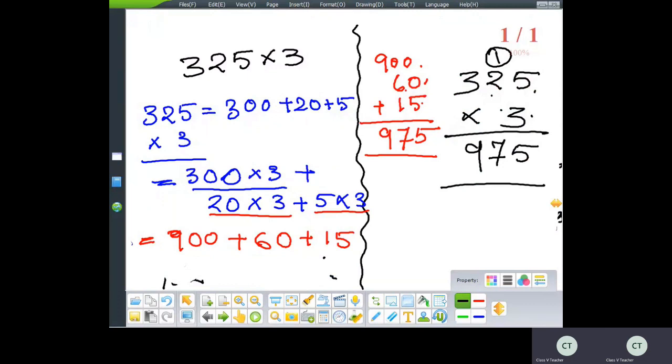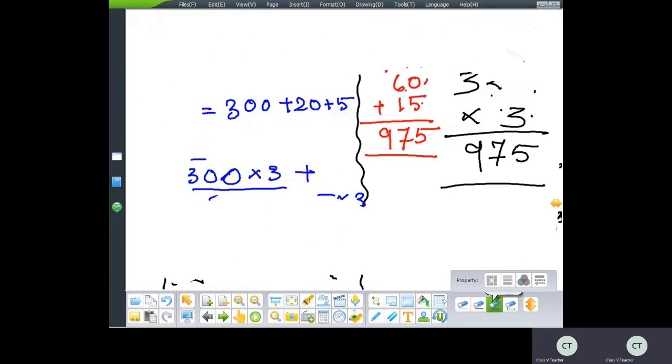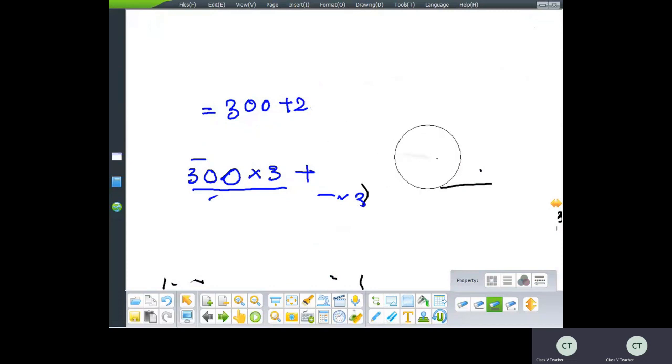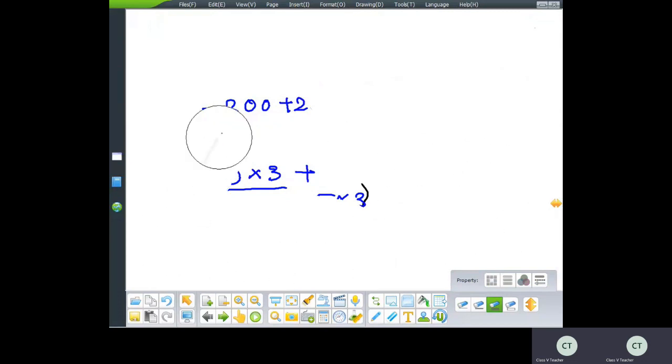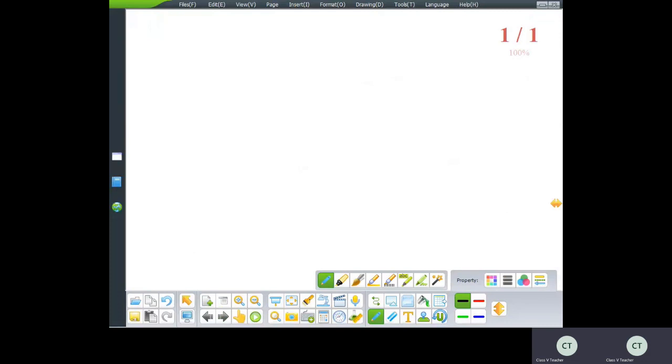Now let us do some little complicated problem. Okay. So 2 digit with 2 digit. Whichever method is easy, children, that method you follow. It's not mandatory to follow only the method which the teacher is saying. I'm giving you 2 or 3 methods, which you feel comfortable, that method you follow. Okay. Mathematics, any method you can do.